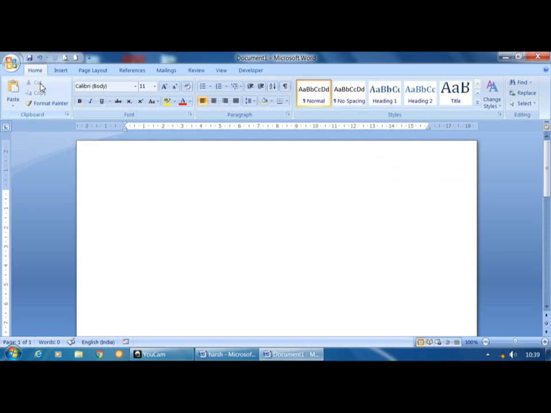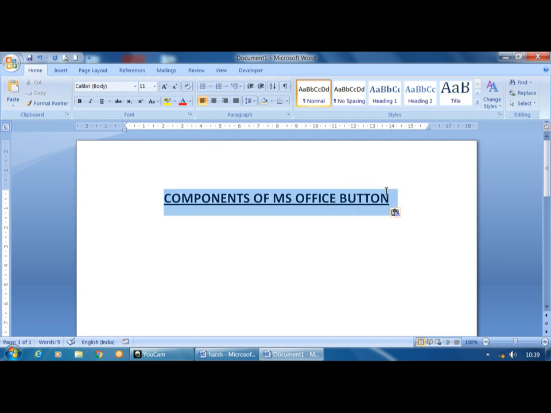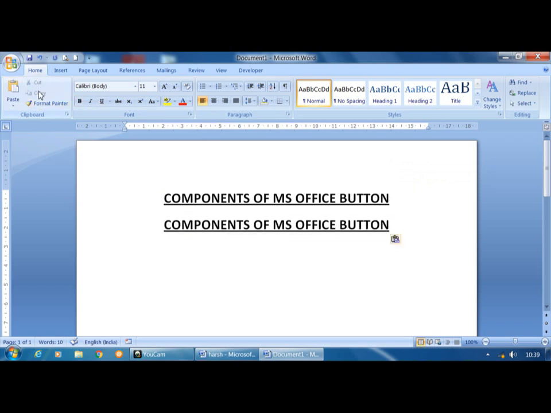When I click on the Cut option, it deletes the text. If I want it again, you click on Paste. I will select here, click on Copy, then place the cursor where you want to paste and click on Paste. If I use the Copy option, it makes a duplicate.